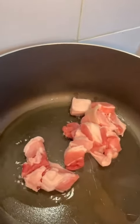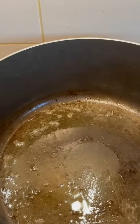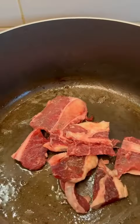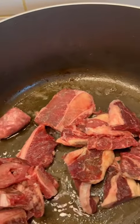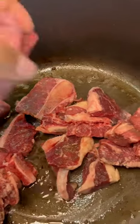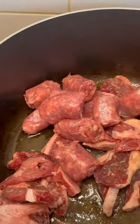Namhla's pera igango. So this is a mixture of meat. So I had pork, sausage, and some beef chop. So I started off by frying my pork, and when it was nice and brown to my liking, I removed